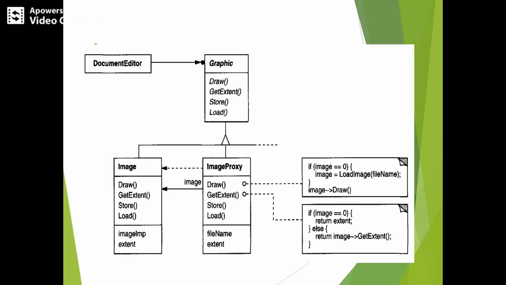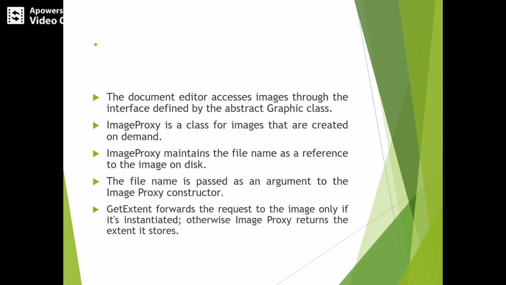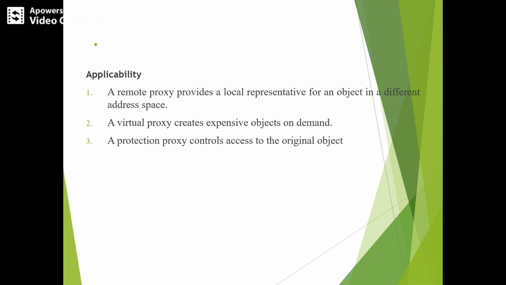So this continues with the document editor accessing the image through the graphical class. Image proxy is a class for the images that are created on demand. It maintains a reference to the image on the disk that we have taken. Next, applicability. The proxy design pattern is applicable whenever there is a